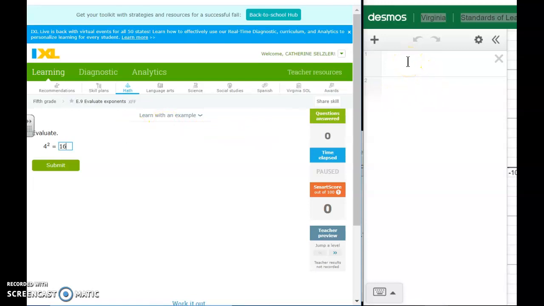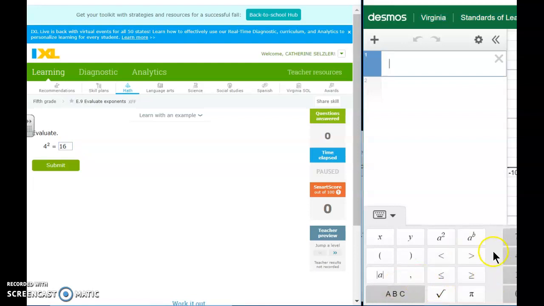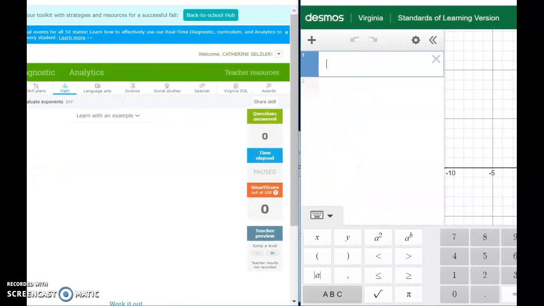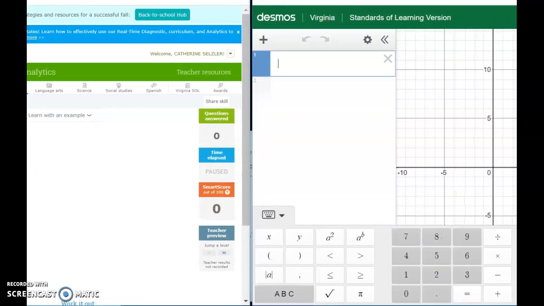So we're going to use the Desmos calculator. And I've opened up the Desmos calculator and it's got the graph over here and everything. But we're not using the graph right now. We're just going to use this box right here. And that's where we're going to type in our problem and get our answer. So to get to the buttons, I'm going to click this little thing that looks like a keyboard down here. And when I click that, all my little buttons will pop up. Some of them are off here to the side. So I'll move it over for now so you can see all the buttons, but we wanted to do 4